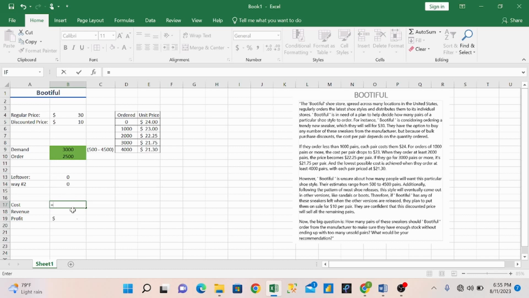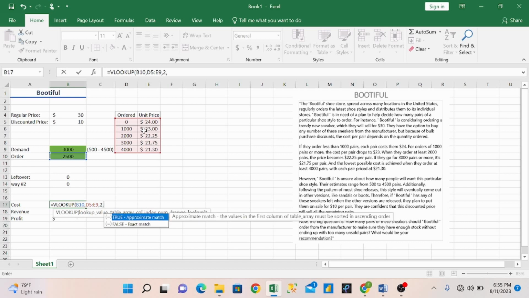So I want to automate this process now. And for me to do it, I need to use the VLOOKUP. So lookup value, I want it to look up my total order, table array, column index number. So I want it to return the unit price. So 2. I want it to return an approximate match. If you look at my table here, I don't have an exact match to this, so I want it to